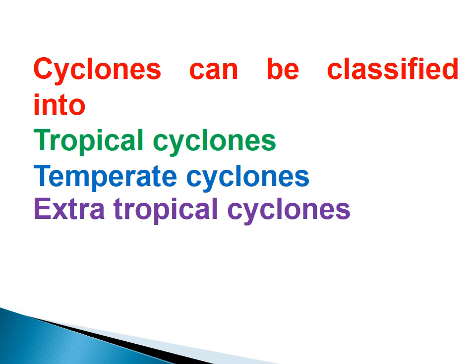And next one is temperate cyclones. Temperate cyclones are formed along a front where hot and cold air masses meet in mid latitudes between 35 degree and 65 degree north and south. Temperate cyclones do not become weak like the tropical cyclones on reaching the land. They commonly occur over the North Atlantic Ocean, Northwest Europe, and Mediterranean basins. They extend up to Russia and India in winter. In India, they are called western disturbances. So temperate cyclones are not weak like tropical cyclones; they are very strong cyclones.